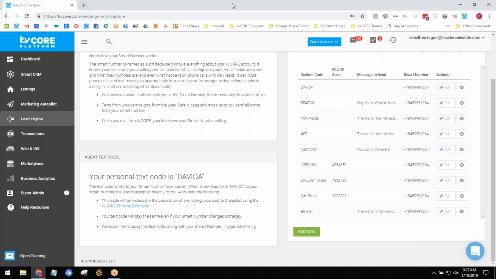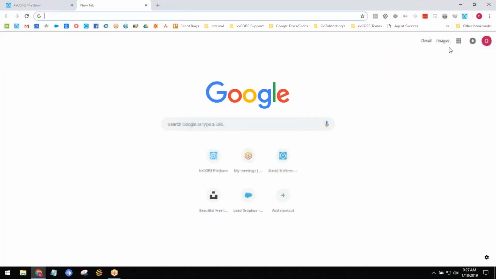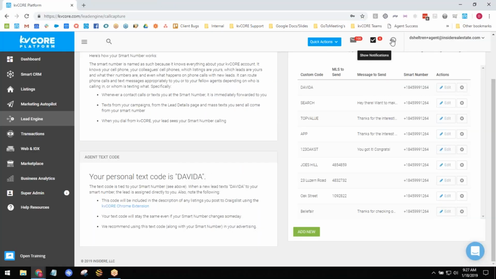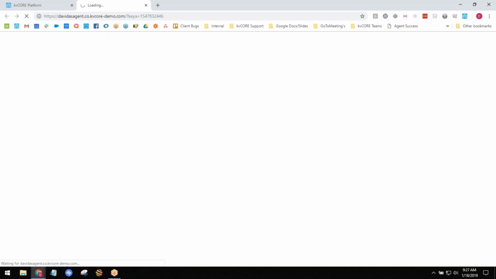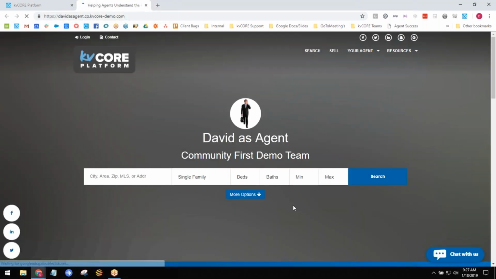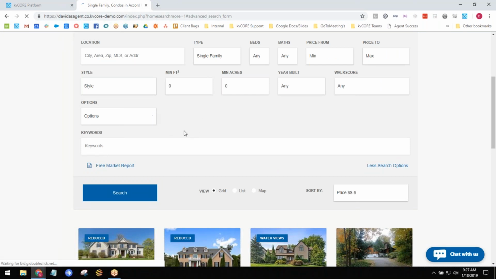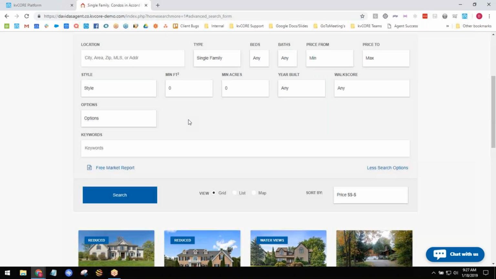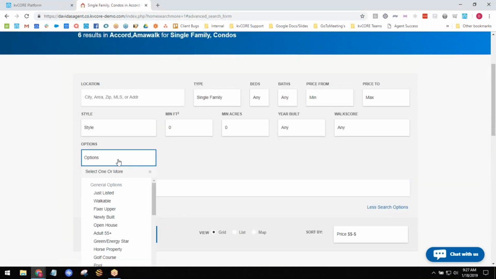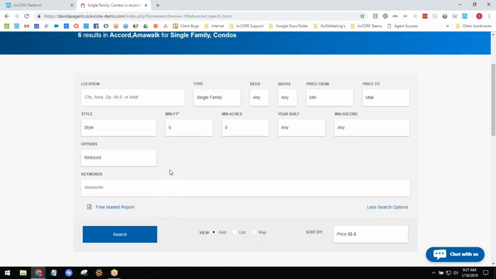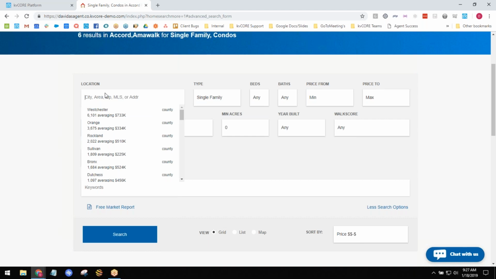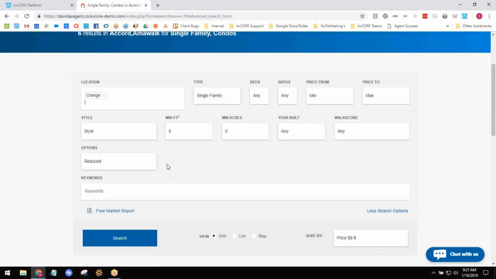And so what I can do is go back to my website. This is really cool, by the way. If I go back to my website and use my search options, I can also do this from my squeeze pages, by the way, but this is just me doing it on the fly here. If I go back to my options and say reduced, and I choose my area, let's just say Orange County.